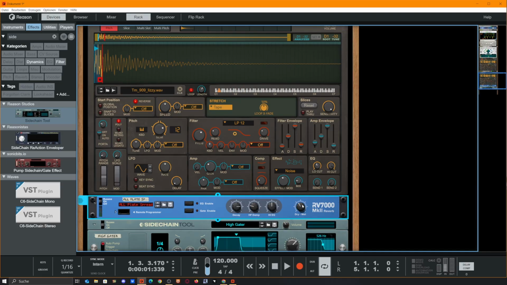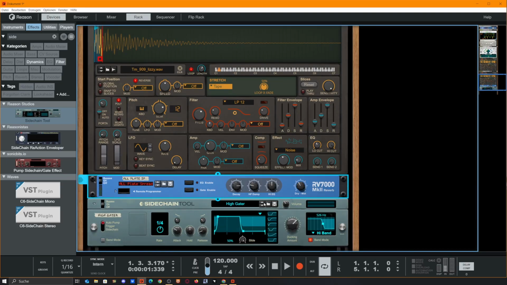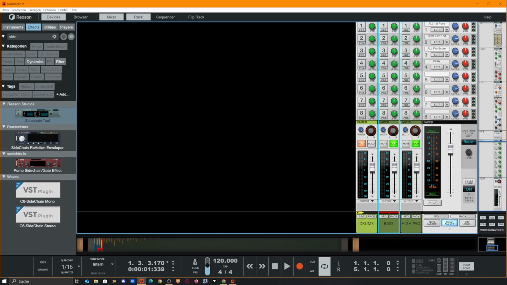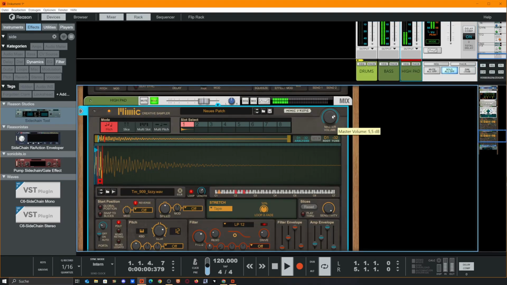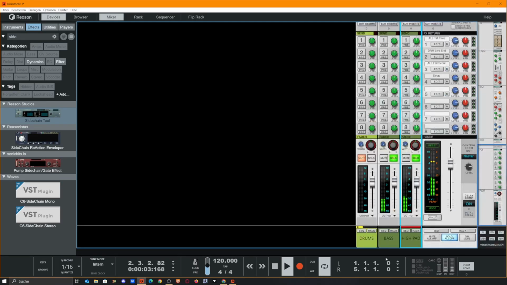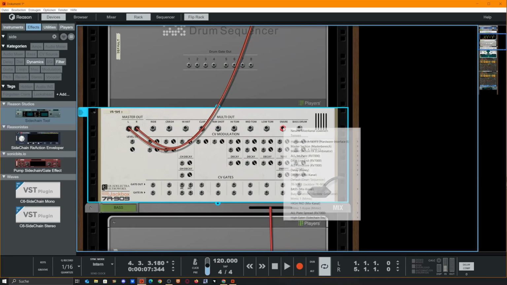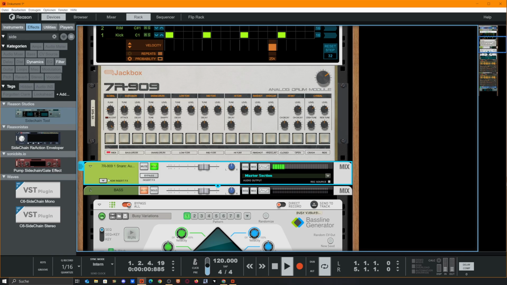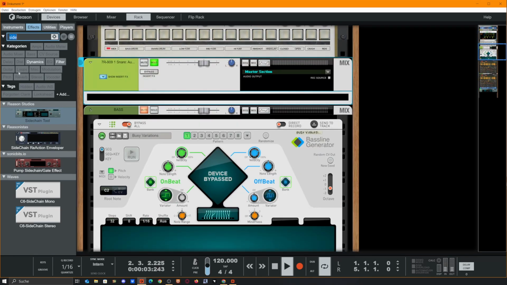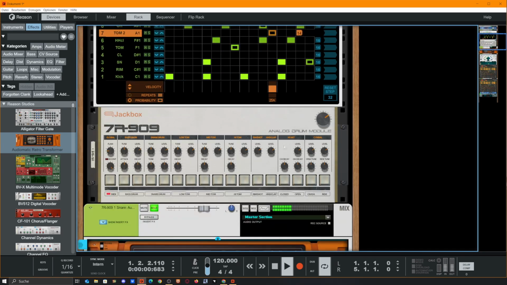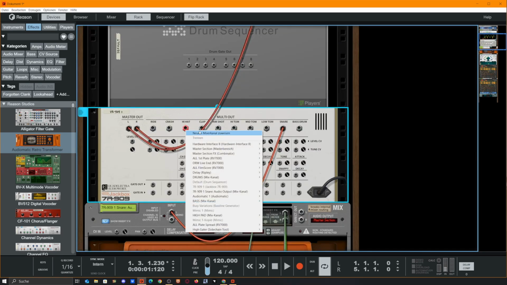By raising the dry wet amount on the reverb, we get a little bit more washed out sound, which could be good in combination with the bass. Maybe a little bit louder. Our drums sound a little bit dull, so we would just take out the snare and get some effects on that. And maybe let's